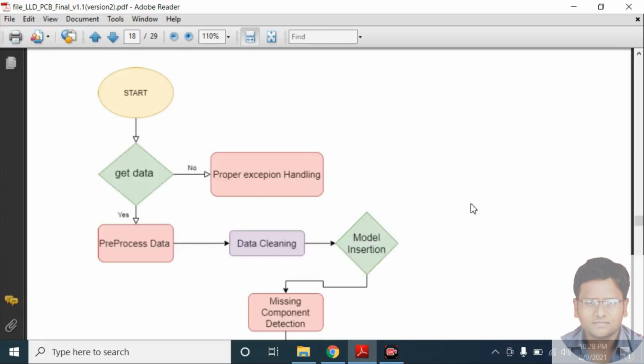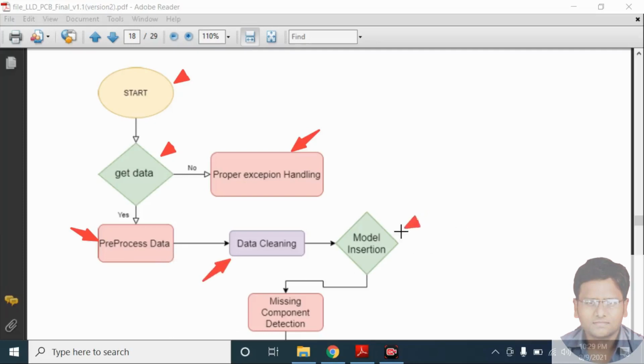In the functional architecture, we can see here start. Then we get the data. Then proper exception handling will be taken care of. If the data is good, then pre-process the data. After processing, data cleaning will take place.